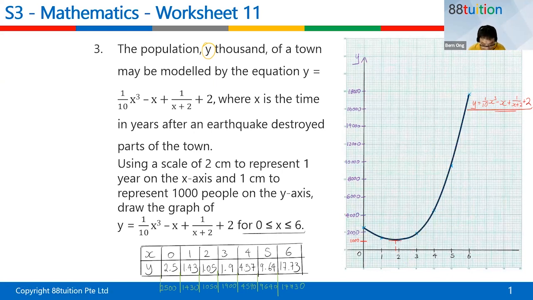It's trying to say that x is the number of years after an earthquake destroyed part of the town. So this, at 0, means 0 years. At 0 years, the earthquake has happened already, and there is this number of people. Then after 1 year, the number of people actually